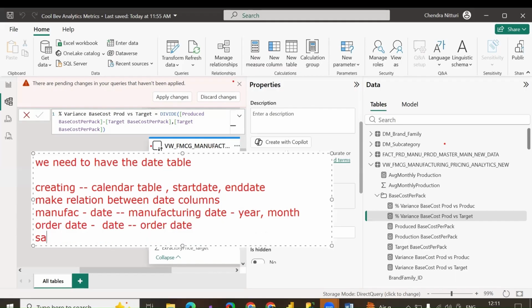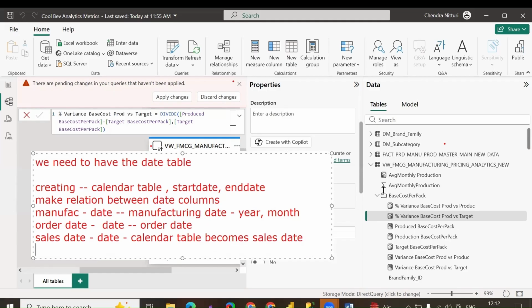You also have one more date called sales date, the day you are selling the products, and you made the relation with the date column in the calendar table. This calendar table becomes the sale date. So you can pull year, month, day, quarter. Those year, month, day, quarter are the sales dates. And this concept is called